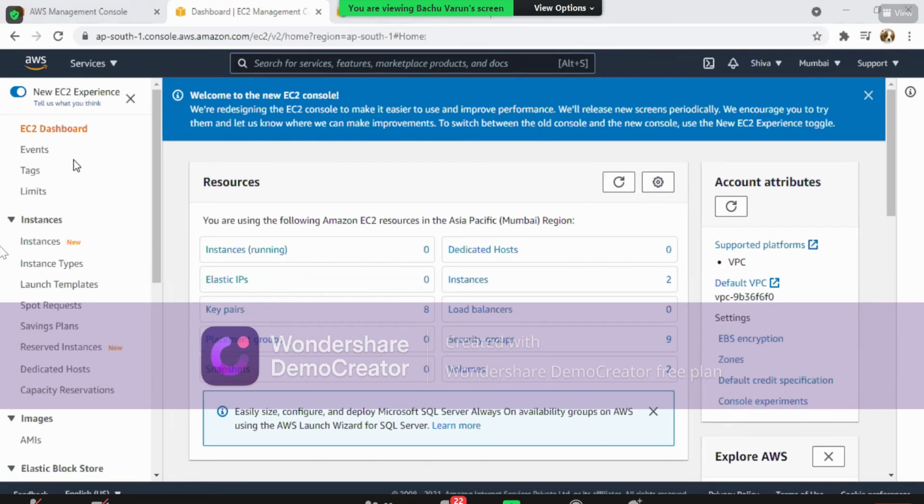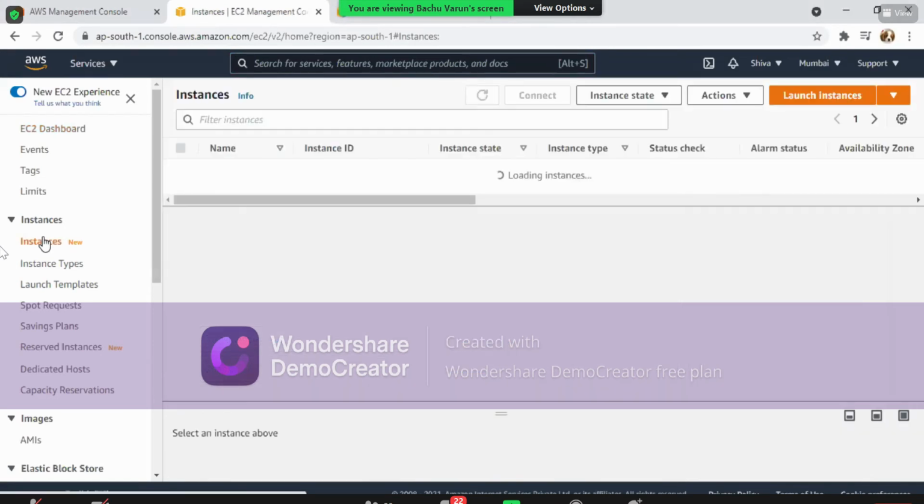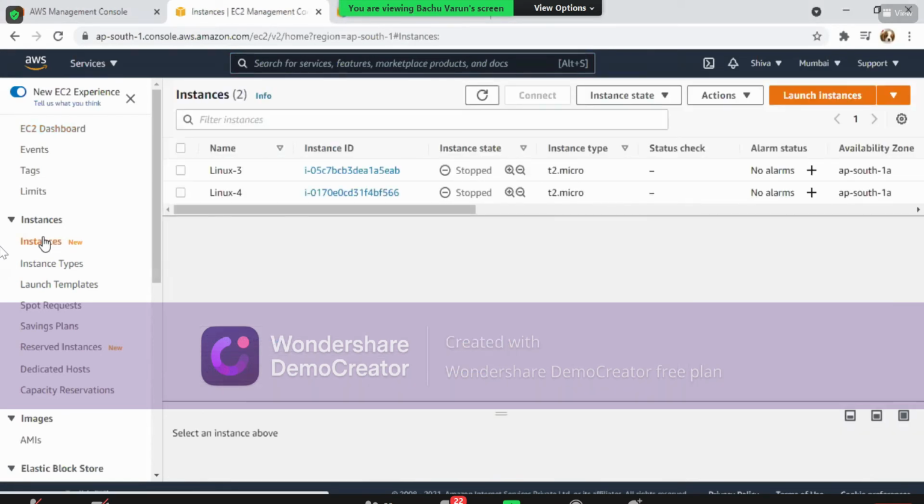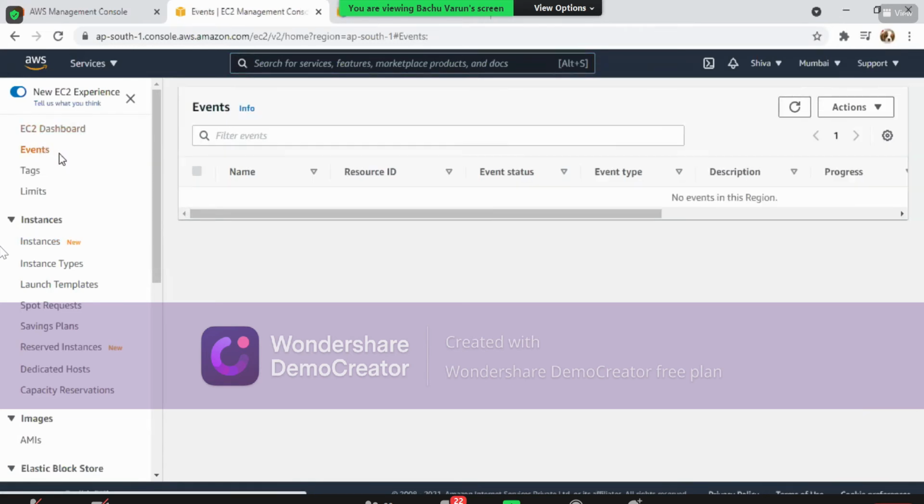Okay, so I don't want to get deeper, but yes, I'd like to show something to you. There is some session already running here. There are a few instances running here. Instance is nothing but a machine which is running here on my AWS cloud. So I have two Linux machines with me right now, which are already installed. In our upcoming sessions, we'll see how to create this instance. Okay. So as of now, I'm just showing this page to you, EC2 and events. There are no events as of now available here.